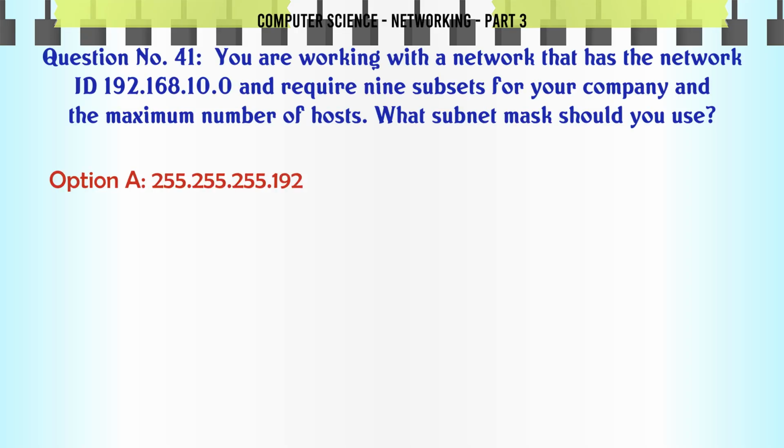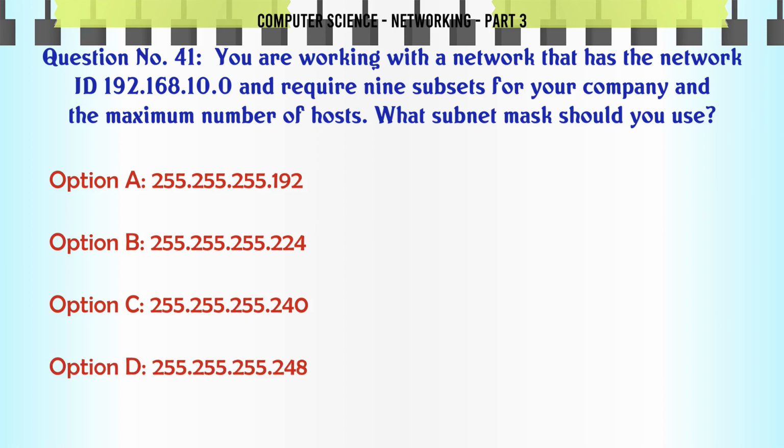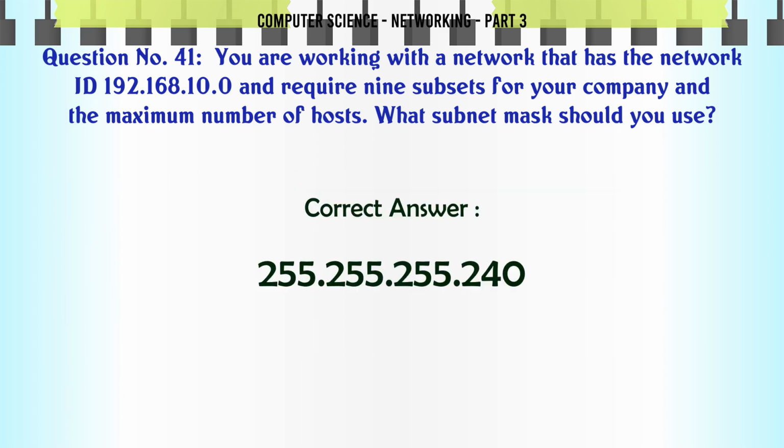You are working with a network that has the network ID 192.168.10.0 and require 9 subnets for your company and the maximum number of hosts. What subnet mask should you use? A. 255.255.255.192. B. 255.255.255.224. C. 255.255.255.240. D. 255.255.255.248. The correct answer is